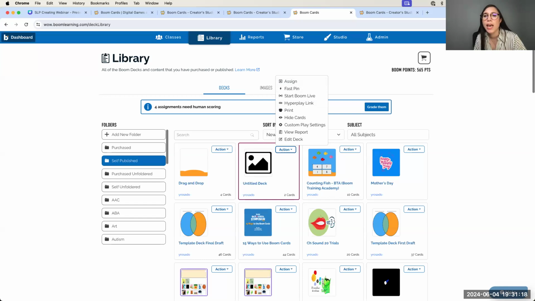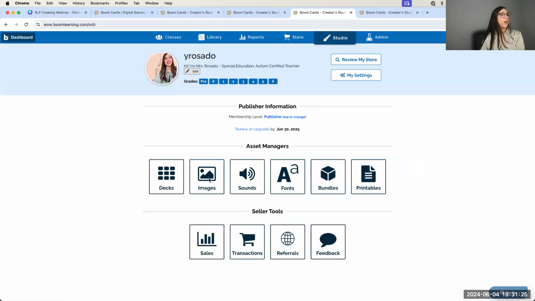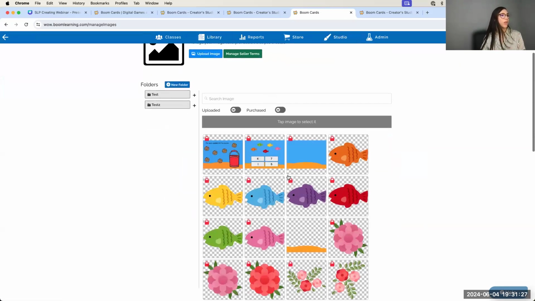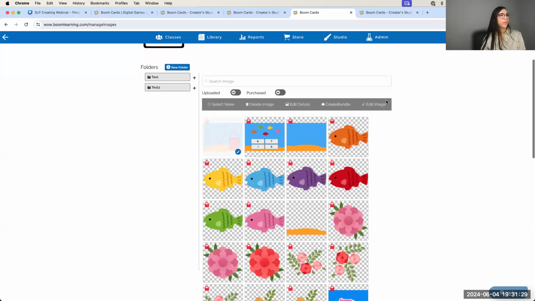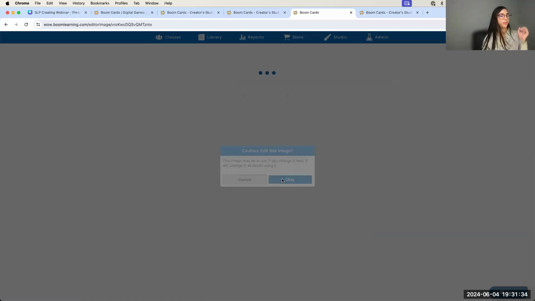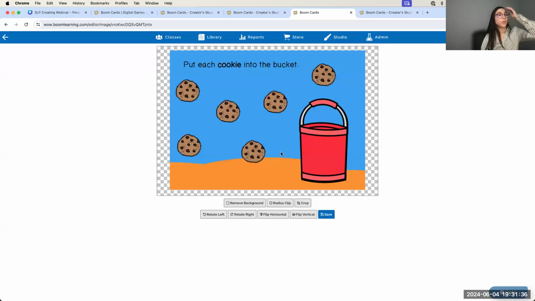I think I heard that in the image section, you can delete background. Is that correct? Yes, it is. You go to the studio images. Let me see if I have one. Maybe this one. And you click edit image from the image section. Let's say if it works, like for this one, if you click remove background, maybe for one that is full,